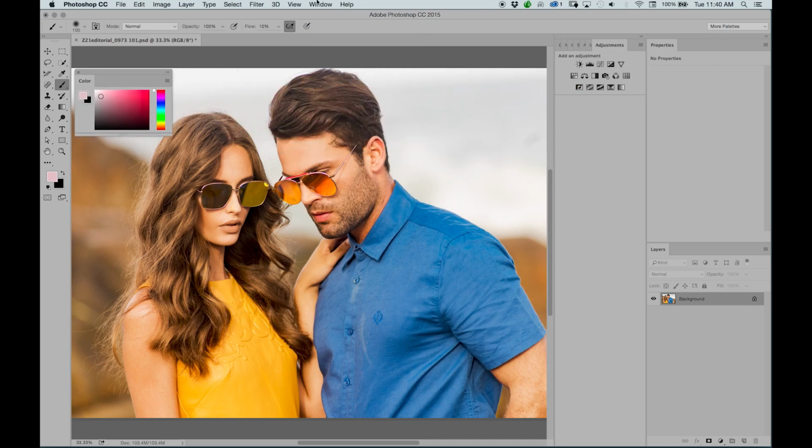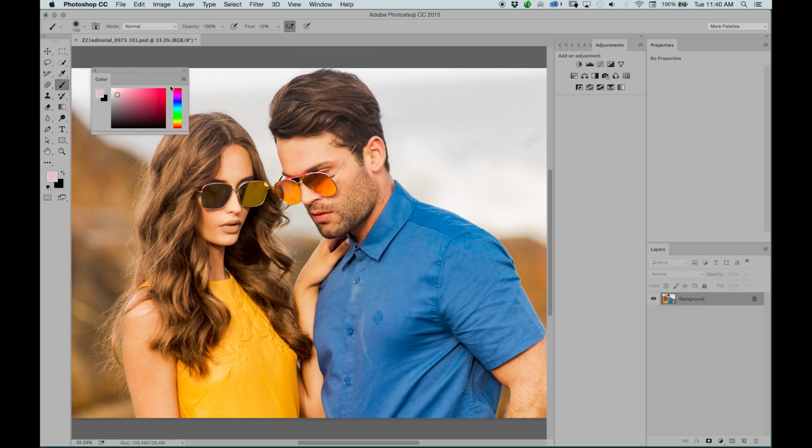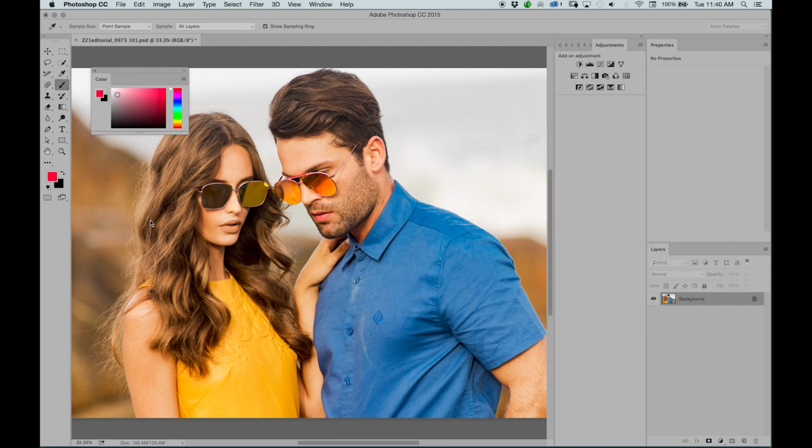Under Window, the first one we have here is color. What color basically does is it's a more advanced version of this color picker here. So you can, instead of just picking the color for your foreground and background, you can also tweak it by shifting the hue. And when I say hue, I don't mean just color, because hue is basically color without the saturation setting. So for instance, the hue itself is this purplish tone, and the saturation levels differ by how far